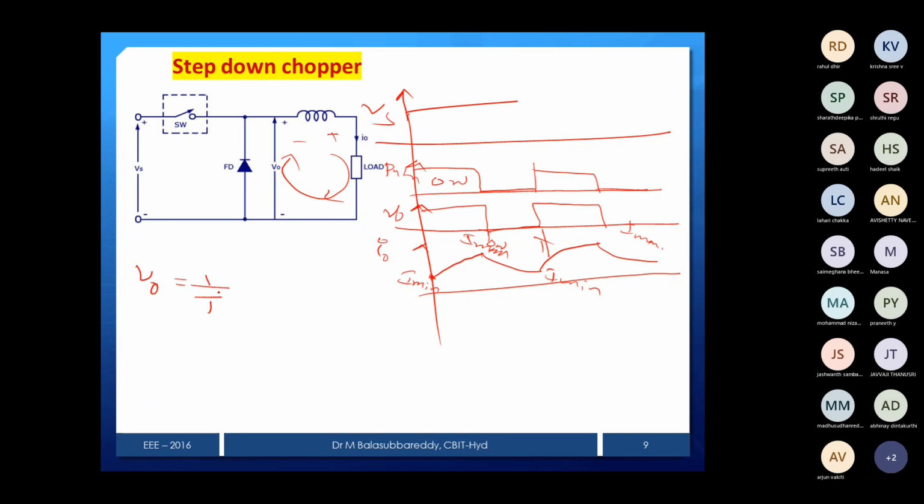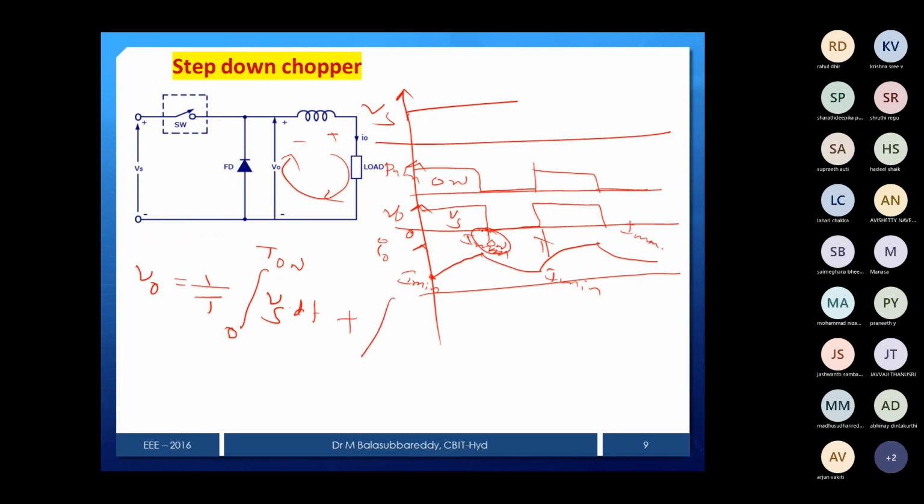Whereas in a phase control rectifier, what are you doing? 1 by 2 pi, that is one full cycle. Now here T is a full cycle. That's why 1 by T. What is the integration? Where does it start? It starts at 0. Where does it end? Up to T on. So the integral is from 0 to T on. What is your output? Here the output is the same as the input when the chopper is on. That's why we write Vs into dt, plus